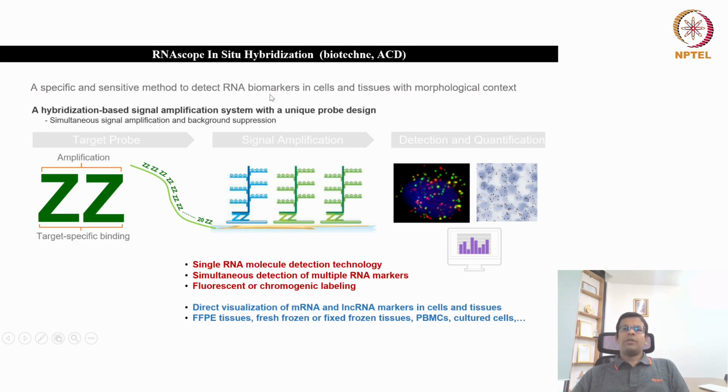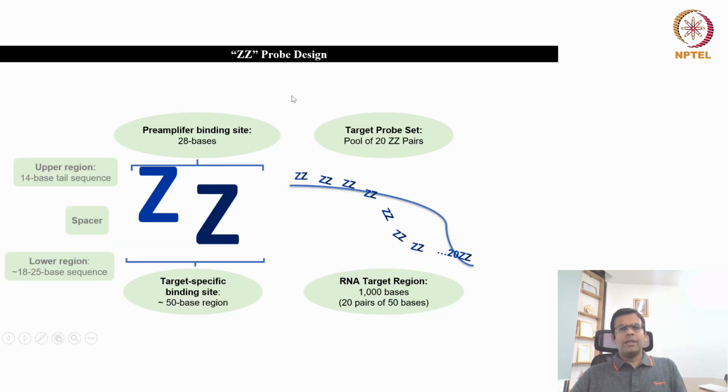So for a regular smFISH, or single molecule mRNA FISH, we design more than 25 probes, and those 25 probes bind to the specific mRNA, and we can fluorescently visualize that mRNA. This technique is mostly based on the same principle, but here the advancement has been made in the development of these specific probes. These are known as the double Z probes, and now I will explain the probe design. Okay, so why does this probe look Z shaped?